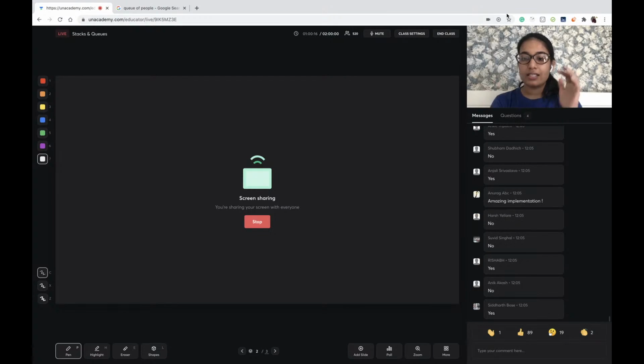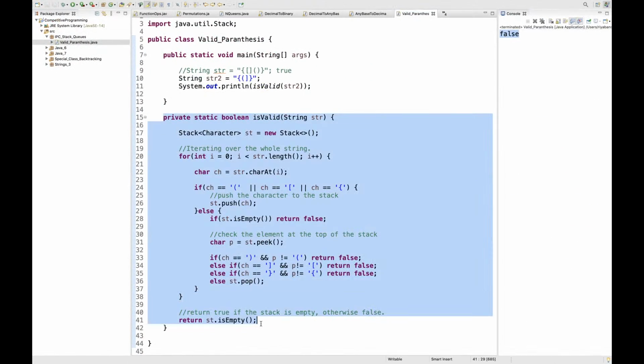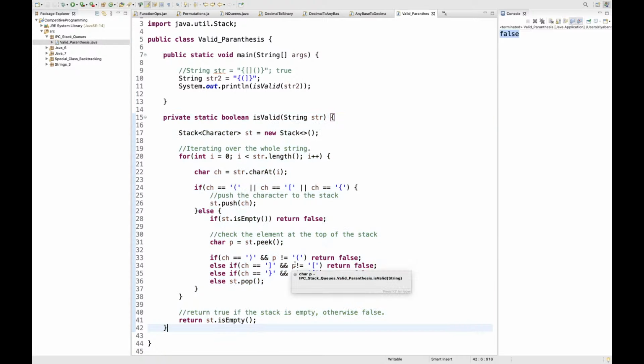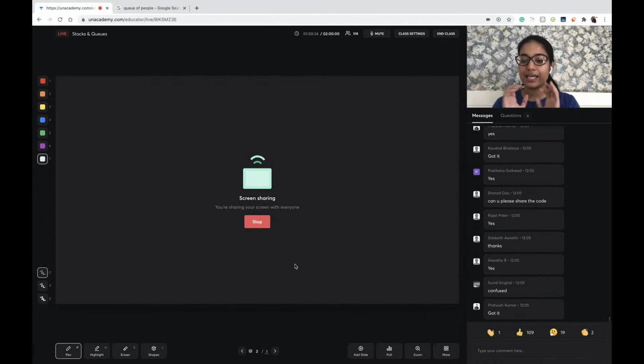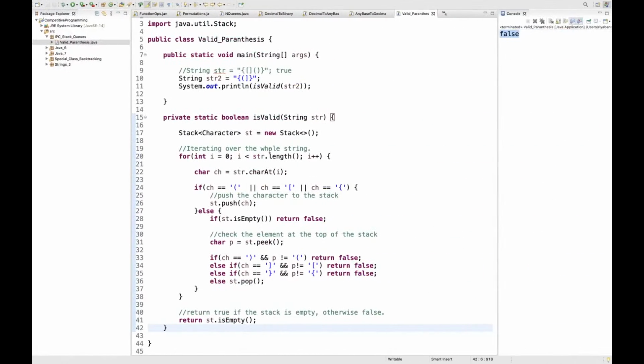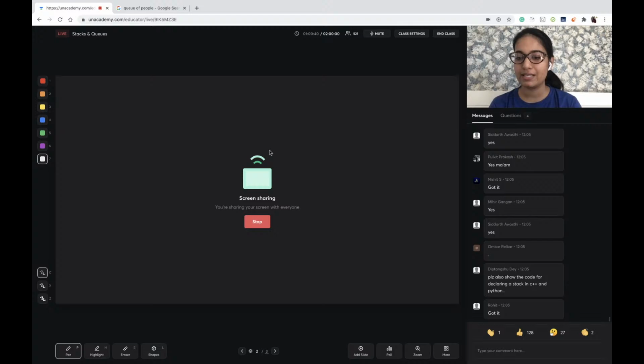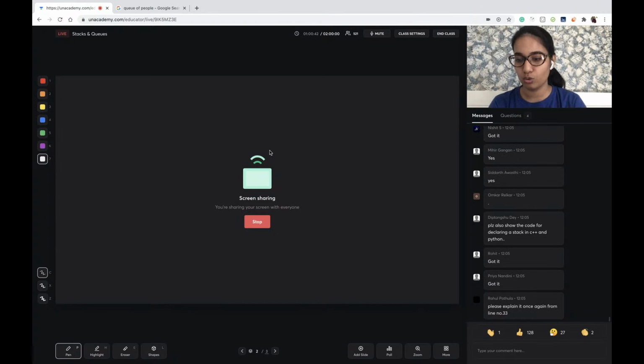Clear to everyone? You can see the implementation is actually very simple, right? Just the basic matching that you had to do, some basic implementation that you had to understand, and you can do this. I am using Eclipse as an IDE here because it is definitely best for Java, but you can use any IDE you want. Different languages have different functionality to do this, correct?